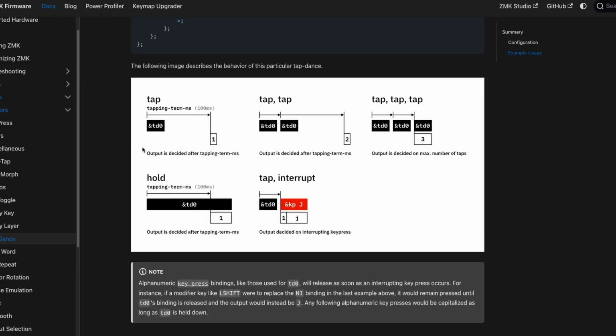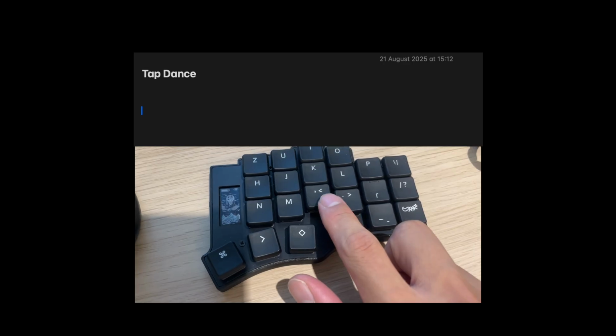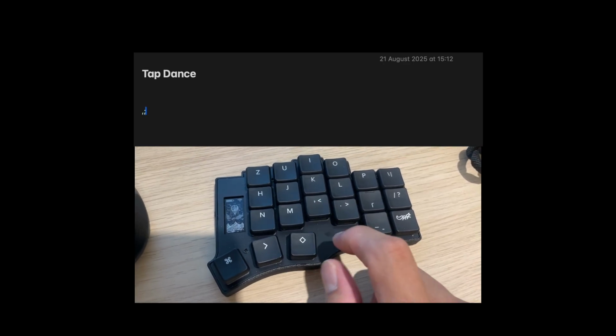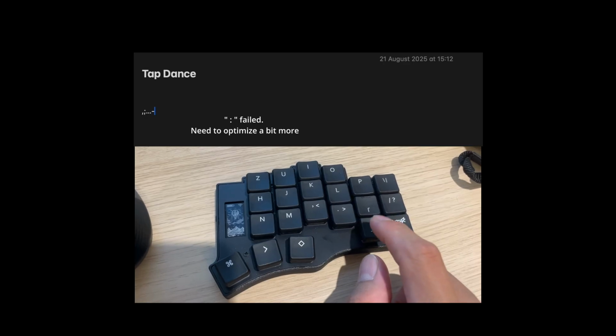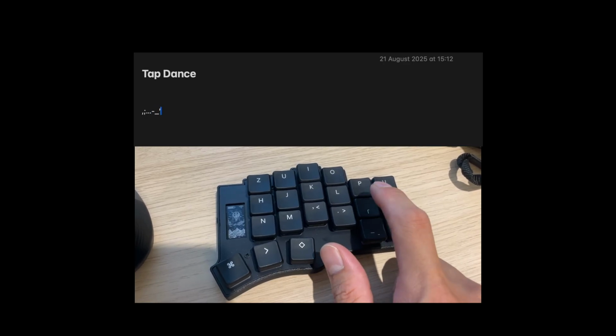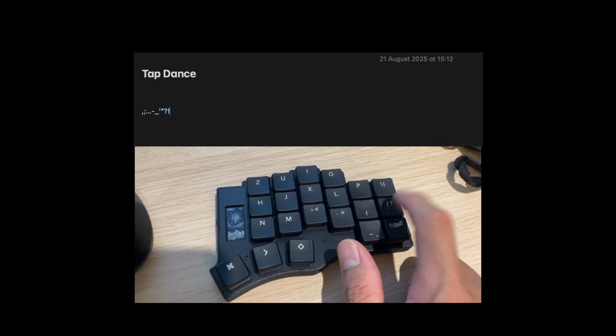Double tap, or as it is called in ZMK, tap dance. This is for when I press the key twice in sequence. It produces a different key. I used it, for example, on the comma key. It is a comma when tapped once and a semicolon when tapped twice. I also have it for period and colon, dash and underscore, question mark and exclamation mark, and single quote and